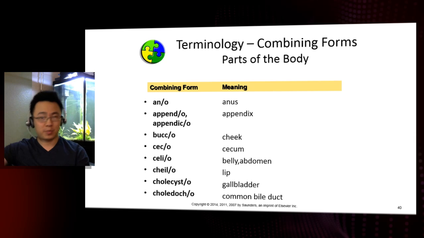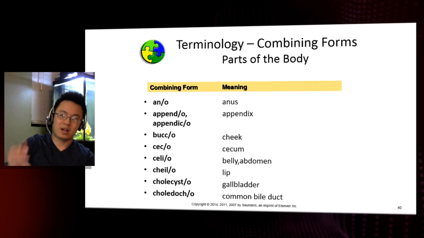Right. Now the next part, we're going to go ahead and look at some additional combining forms. You might see some repeats from the previous chapter, that's okay, but we're more specifically going to look at combining forms that you'll see most commonly used for the digestive system. For example,